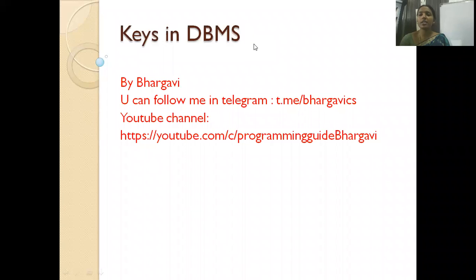Similarly, to provide security we use keys. Not only security, you also need data consistency. The data should not be the same for the same details. For example, if two students have the same hall ticket number, they may get confused. If two people write question papers with 101, the lecturer will be confused about which student 101 belongs to. So we have to make sure that every student has a different hall ticket number to recognize the student.